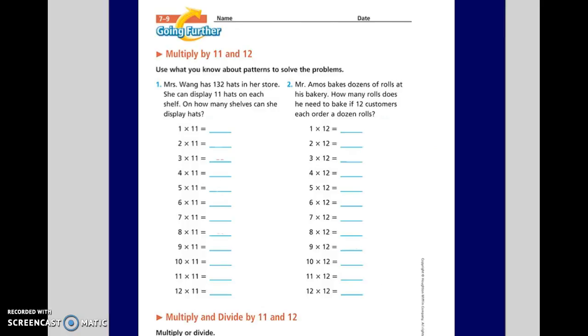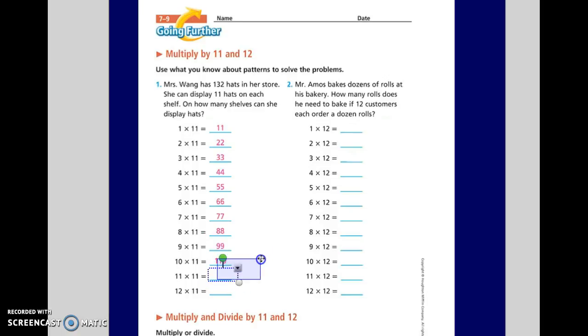The other thing that we're just going to review, and we've done these before, so we did this at the very beginning of the year when we did the fluency chapters, but it's good to know the patterns for solving 11s and 12s. So I'm going to go ahead and show you these. 1 times 11 is 11. 2 times 11 is 22. And remember, all we do with these is we get to double this number. So we got 3 times 11 is 33. 4 times 11 is 44. 5 times 11 is 55. 66, 77, 88. See, it's just doubling. 99,